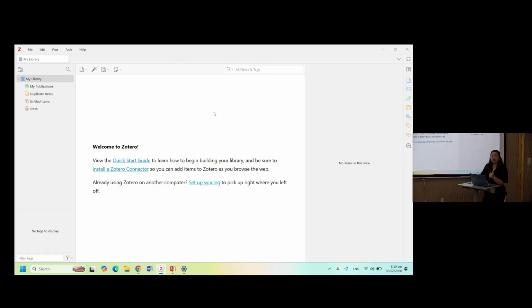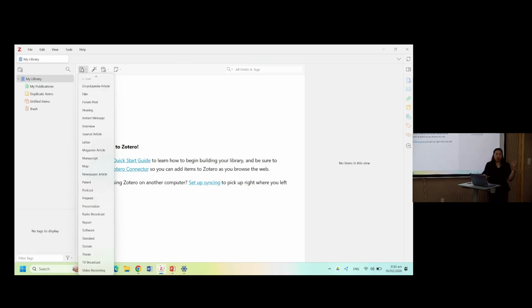All right? Are you ready? Everyone with Zotero now? Okay. So the idea is you cannot cite anything you don't have. You have to first put something in Zotero so that it can generate something, right? So the first thing that I will teach you is to enter something manually.